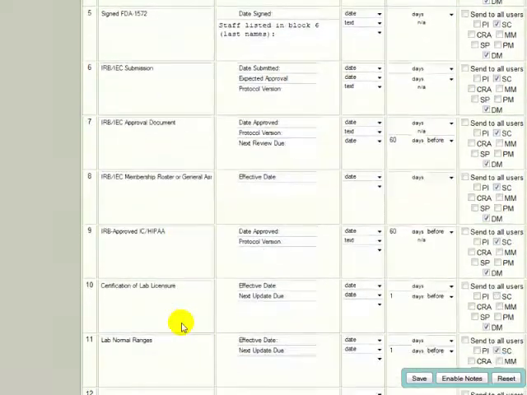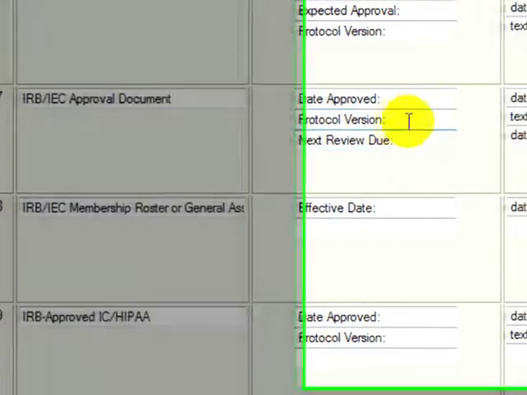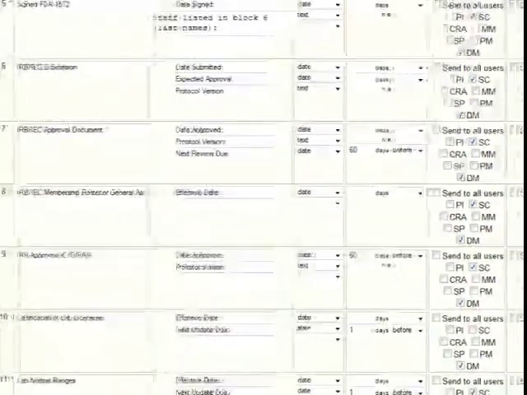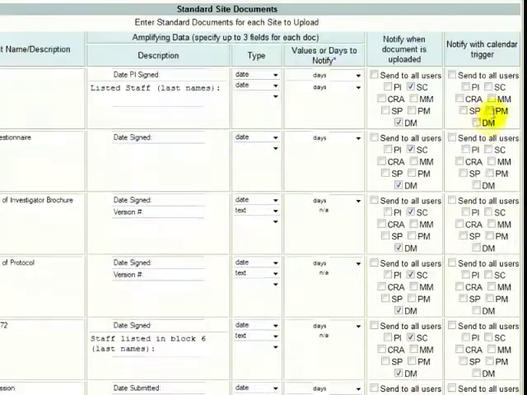Each one of these can have metadata associated with them. For example, on an IRB approval, you might want to know the date approved, the protocol version, and the next review date, and the next review date in this example has a calendar trigger associated with it. So 60 days before the next review date, whatever the coordinator may enter there, it will fire a calendar trigger. The last two columns, if I scroll over here, are the questions about who to